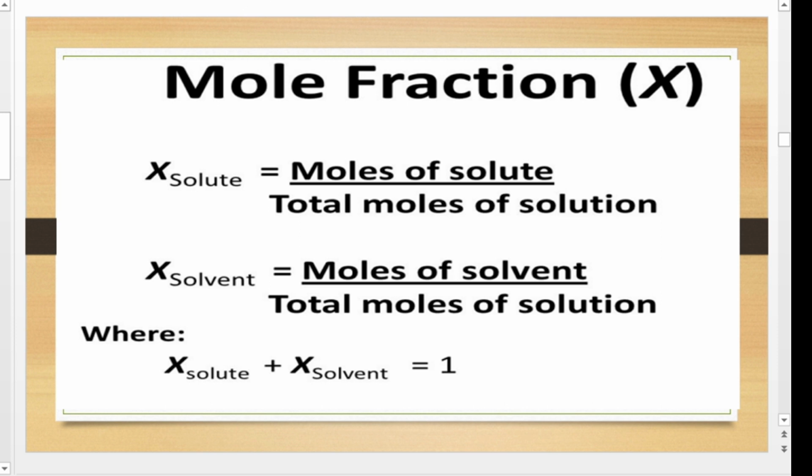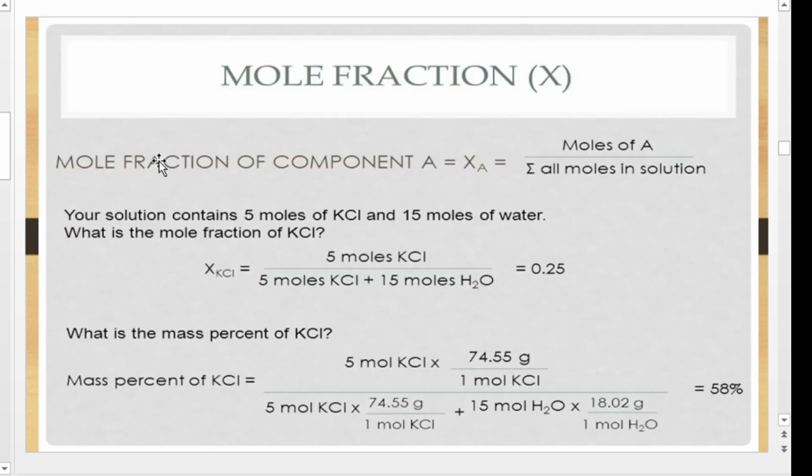Now, the sum of the mole fractions is equal to 1. Similarly, if I take the mole fraction of solute as well as the mole fraction of solvent, it will come out to be 1. Suppose I have a solution which contains 3 components, A, B, C. The mole fraction of A plus the mole fraction of B and the mole fraction of C will again sum up to 1. You can go on like this for more components.